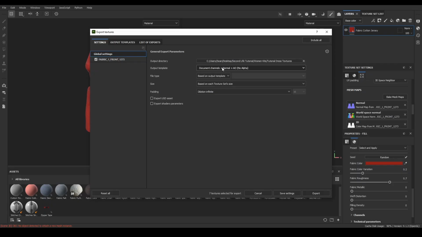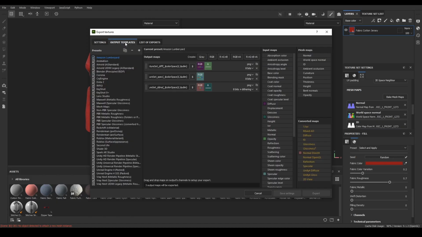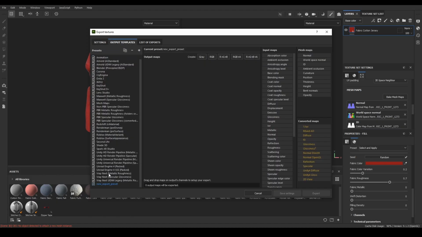Now the default template that's going to be exported most likely isn't what you want, all right? So you generally want to have a custom template. So how do we make a custom template? We're going to come to this tab, and then click the plus sign. I'm just going to call this one